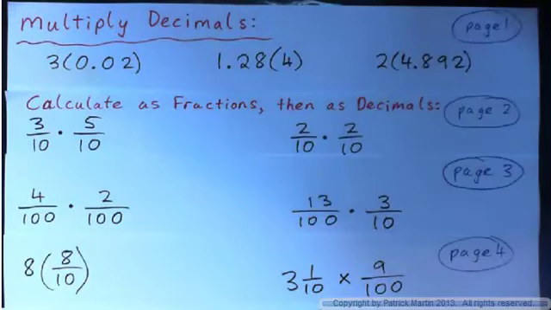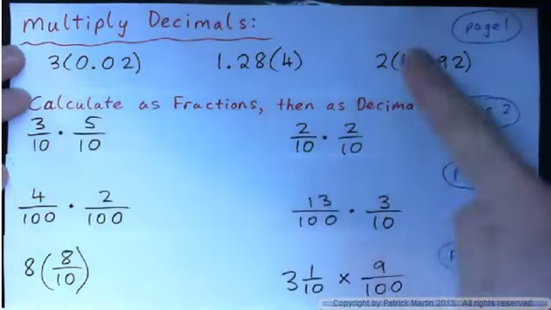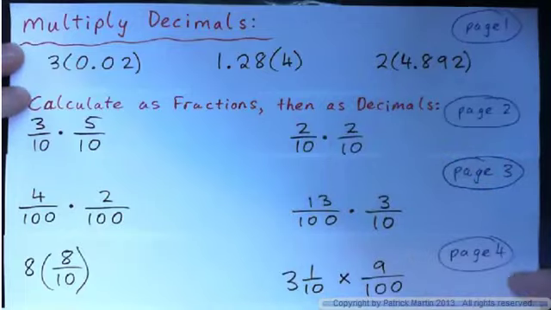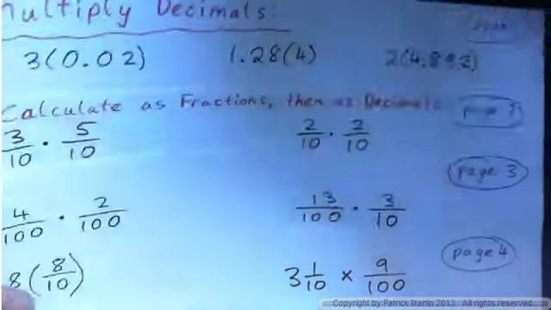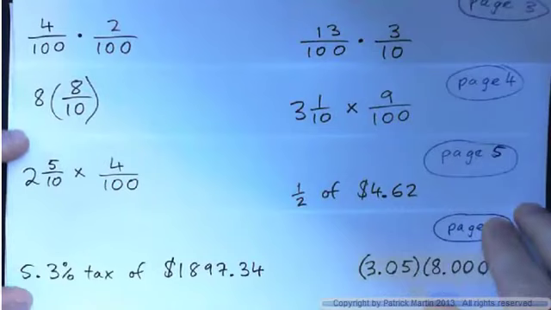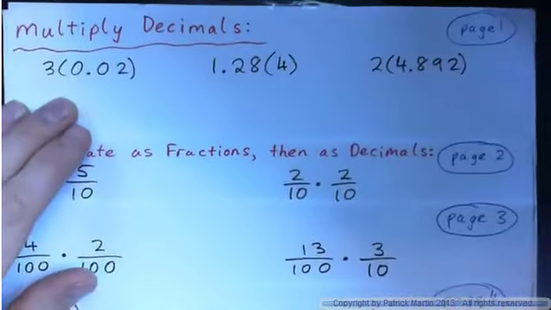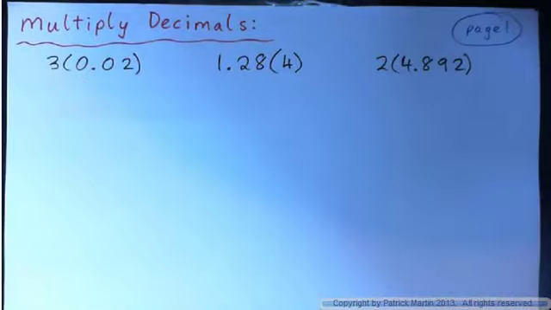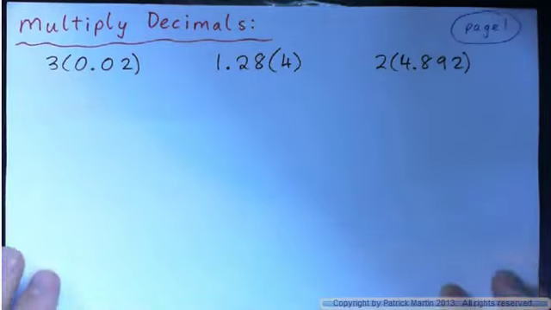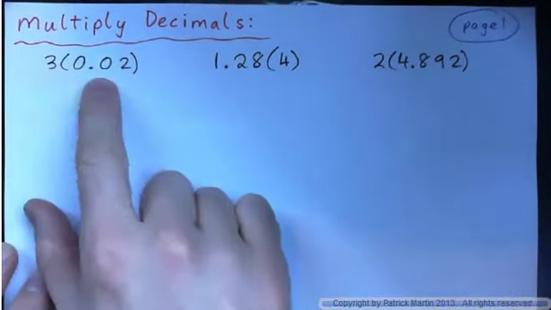In this video we're going to multiply decimals, so here are the examples on page 1, this is page 2, page 3, page 4, and then we have pages 5 and 6 here. So we're going to start with page 1, and just imagine that you were multiplying 3 times 0.02